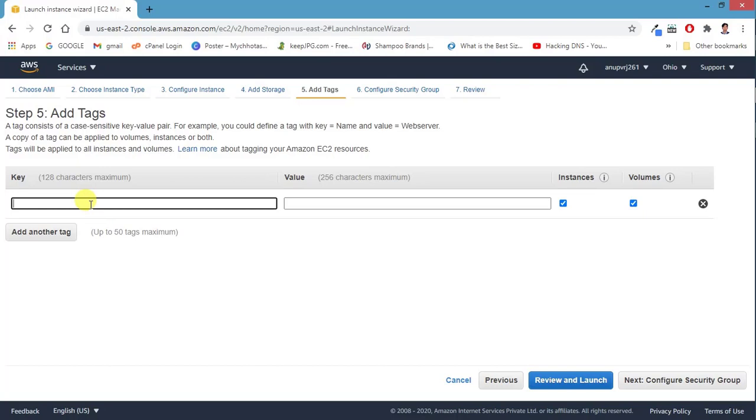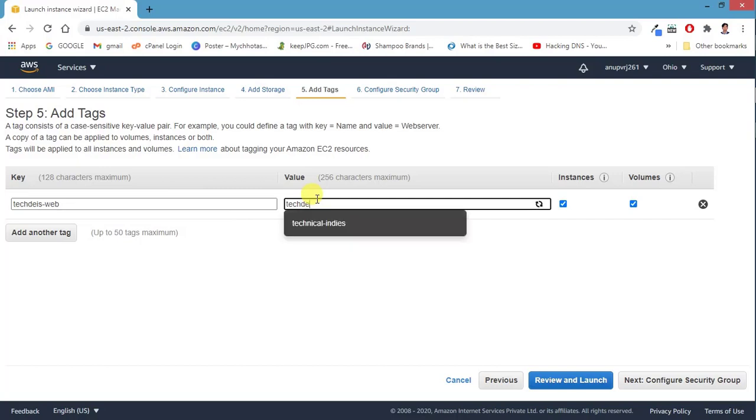So that will be... here I'll just give a random name. So I will give one name like "take this". This is why you take this web. I will give, and again here also I'll give the same value. It doesn't matter what you have entered, just you remember it. And also it will display in the instance once our instance will be ready. So "take this web". Okay, fine.